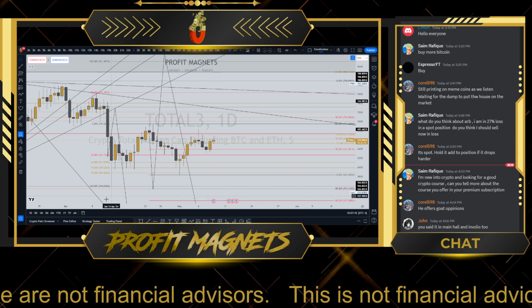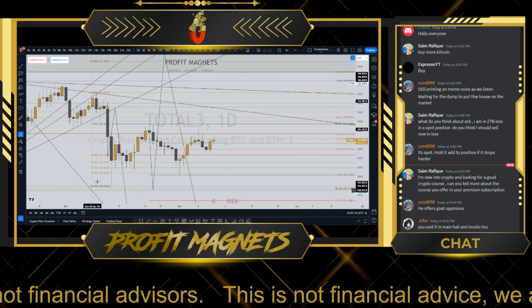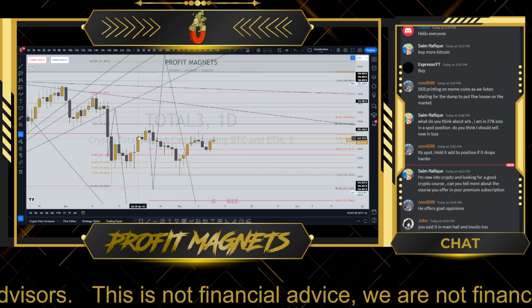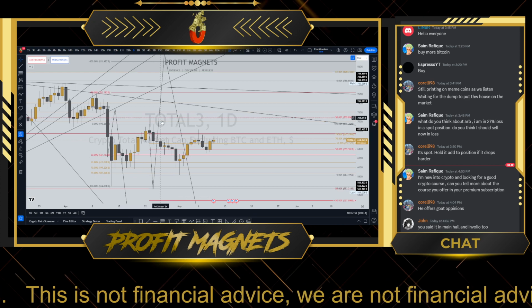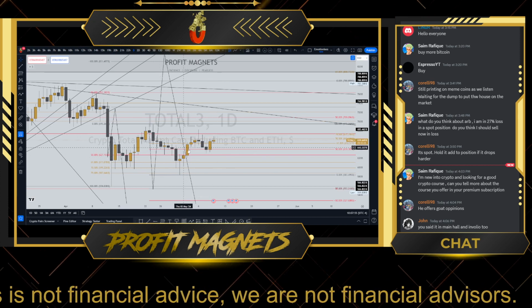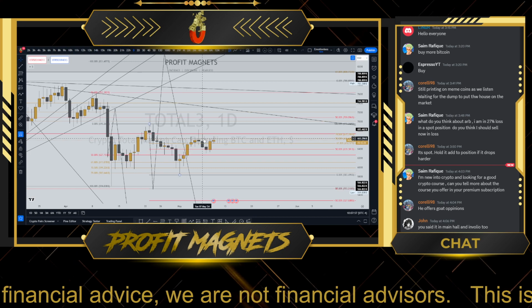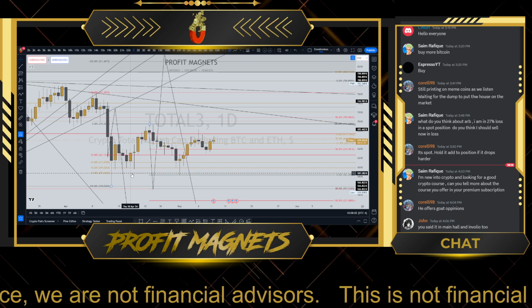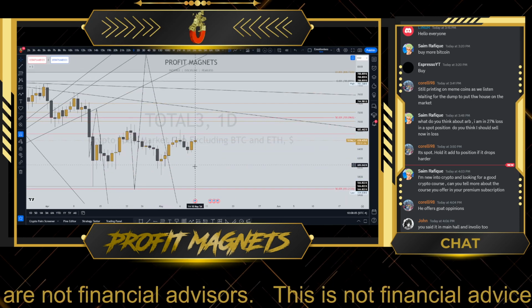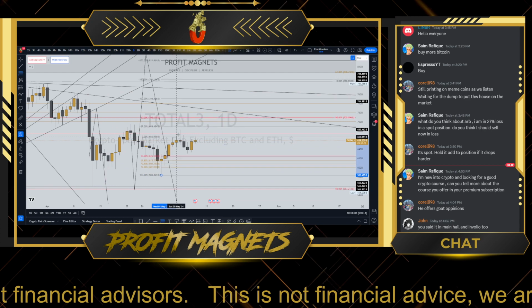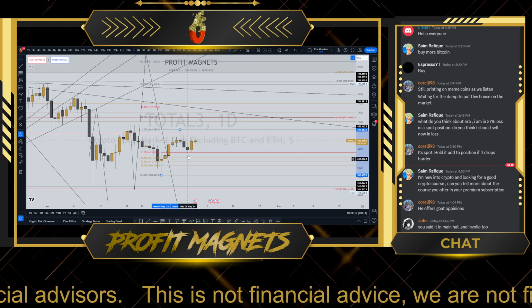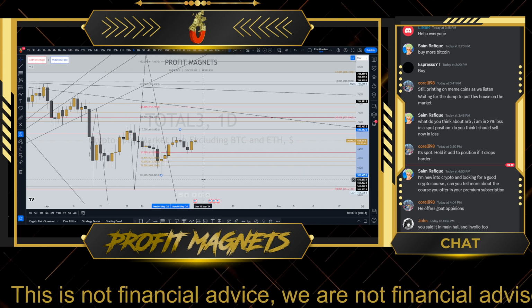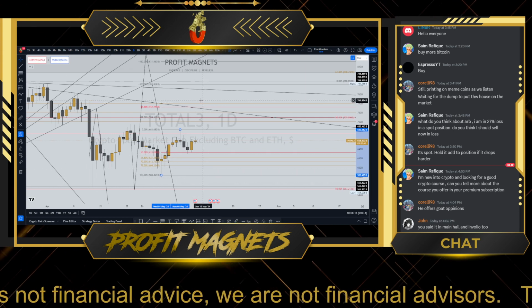Now, we are in a situation in which, to be quite honest with you, we are ranging, okay? Because from this low to this high, we are retracing to the golden pocket. The same way from this side to this low, we have made a bearish Fibonacci. And right now we are inside of the golden pocket, which is bearish. So potentially we could even trigger lower, because if I remove these two Fibonaccis right here, we are in a situation where we have also created another Fibonacci, which in this case is bullish. We could potentially trigger down lower to this golden pocket, not take out the lows, and then push to the upside. That is a possibility.